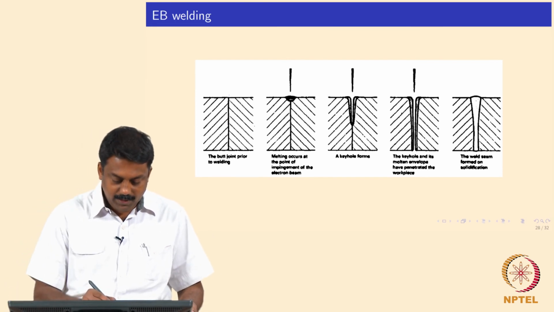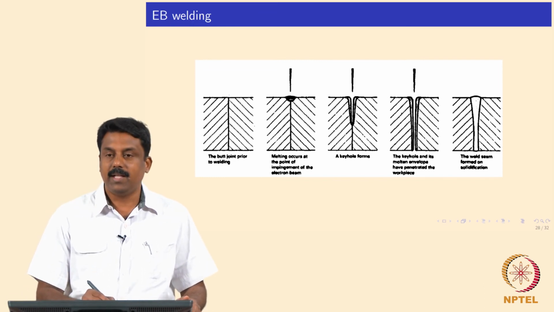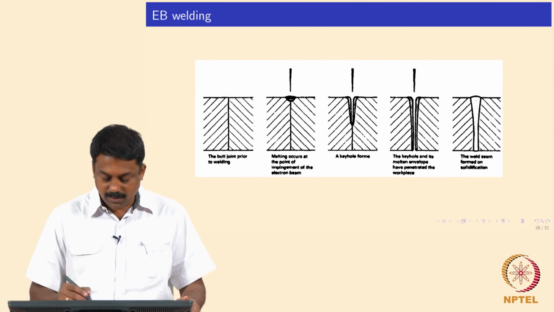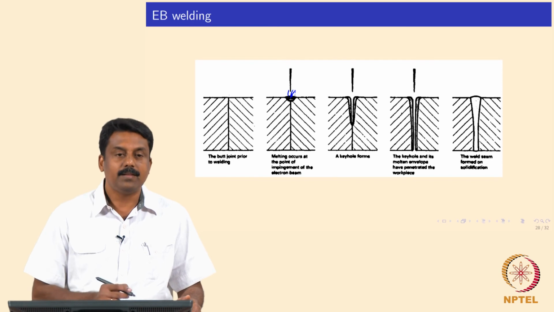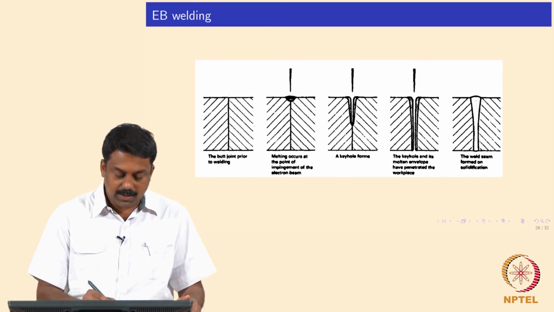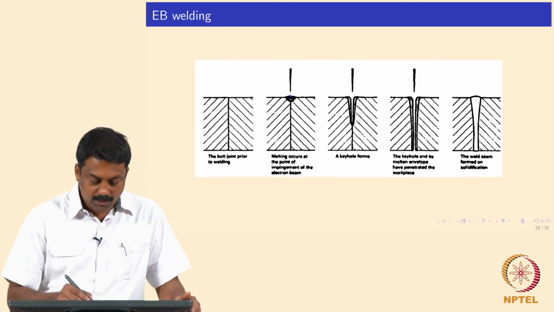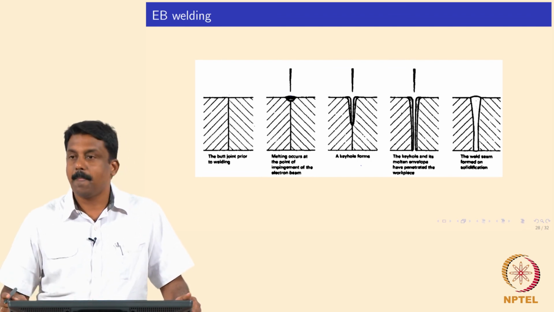So, the moment you have a beam, melting happens, and once the melting happens, obviously the beam pressure and the vapor pressure would start forming a keyhole, right. The keyhole would form because the moment you melt, you will start vaporizing, is it not. So the vapor pressure, the beam pressure and the recoil pressure would start developing a keyhole by pushing the liquid surface away. Okay. So the keyhole is formed here because of the beam pressure which is acting in this direction, and the vapor pressure and the recoil pressure, right. So then you will have a keyhole formation at the edge,